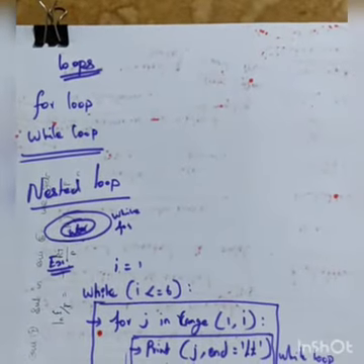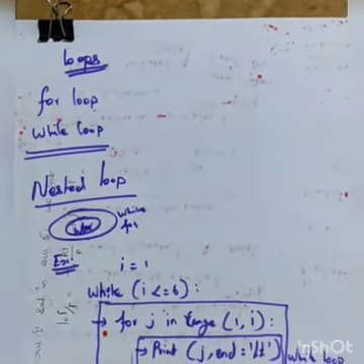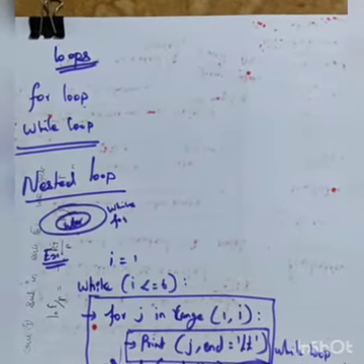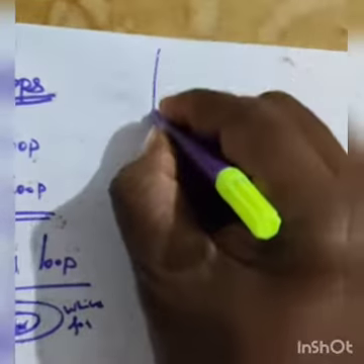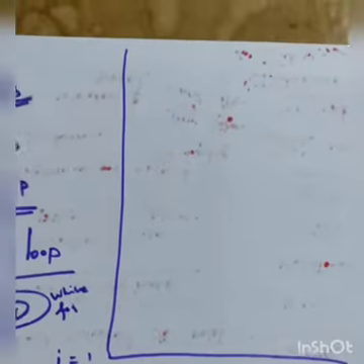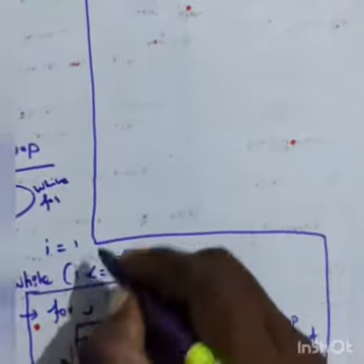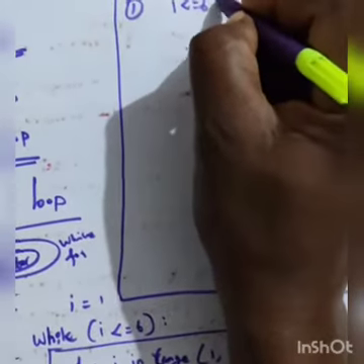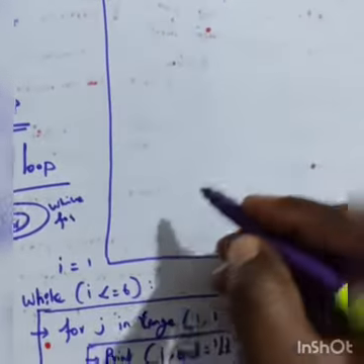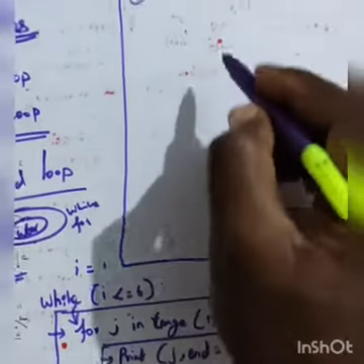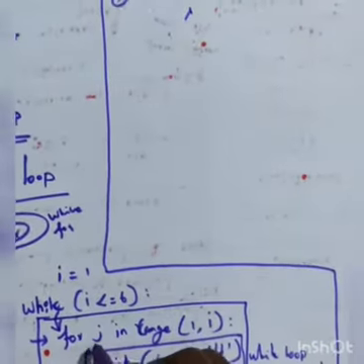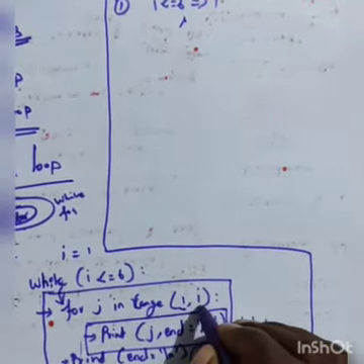Okay. Now you can execute the program one by one. Listen carefully. I will teach you the explanation of the process. The first iteration: i is equal to 1. 1 less than or equal to 6, the condition is true. True means where is it going? It goes inside the loop. Okay, now what is it checking? The for loop checks j is equal to what value? j is equal to the starting value 1. What is the ending value?